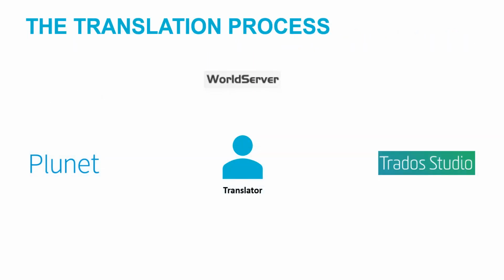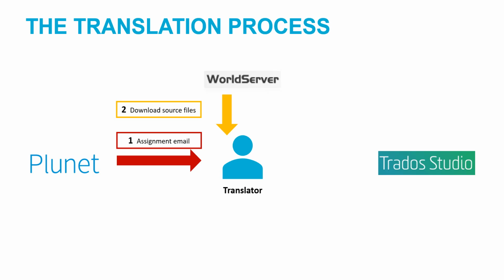Before we look at each of these tools individually, let's first see how these tools are used together by a translator to complete a translation assignment. First, Plunet will send the translator an email telling them that they have been assigned a translation job. This email will tell them important information, including the project name and the due date of the job. The translator will take this information and go to WorldServer, where they will download the files they are going to